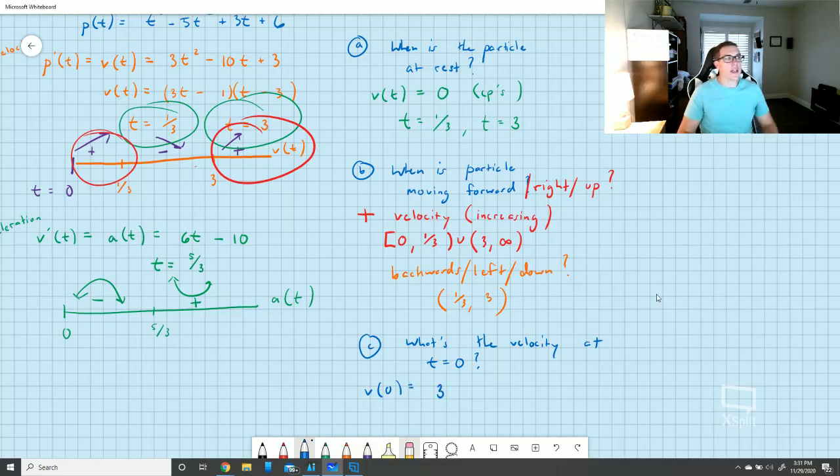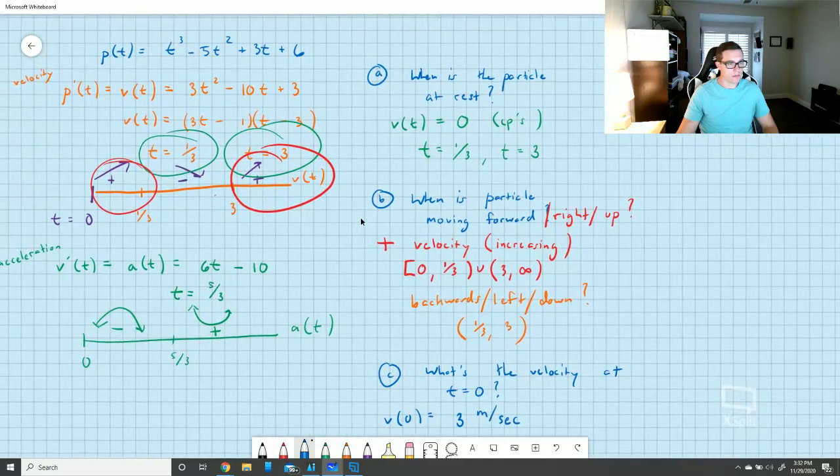Now we're going to start getting into units a little bit. What are the units on velocity? It's not meters. If you're in physics, you probably know it's meters per second. It's how many meters you're changing as every second is changing. So it's kind of like your dy dx. The change in y, which is meters, the change in x, which is seconds. So meters per second. At that instant, we are traveling 3 meters per second, which means we are traveling